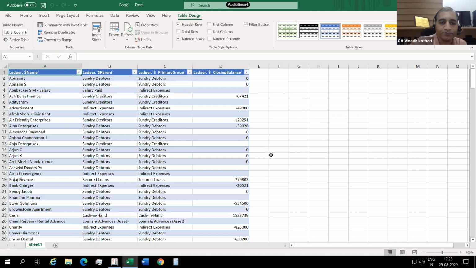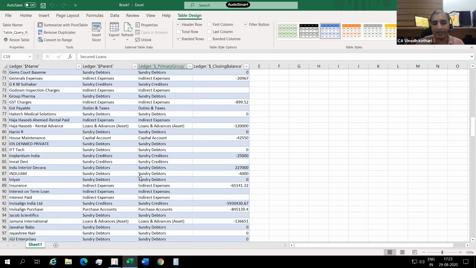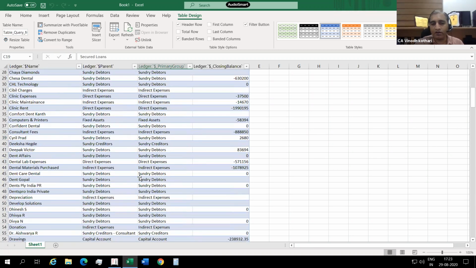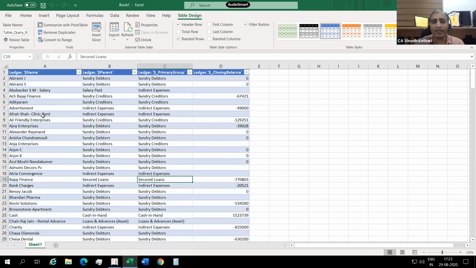Now what has happened? Here, if you see, this data is linked to Tally. Now there is one problem, since there is some error in my system. I am using the online server which I have. If you use this option in an online server, there will be a problem because multiple people are using the Tally